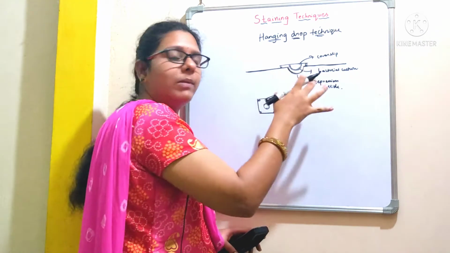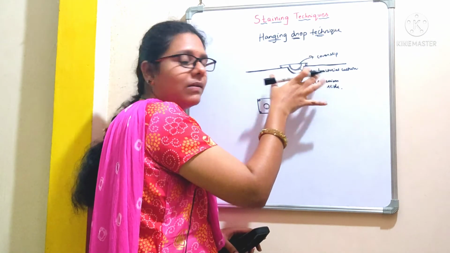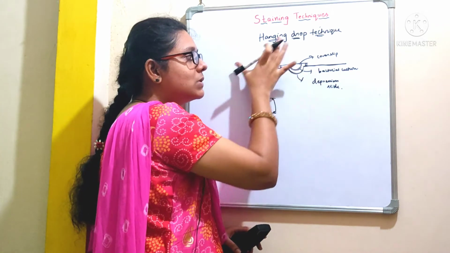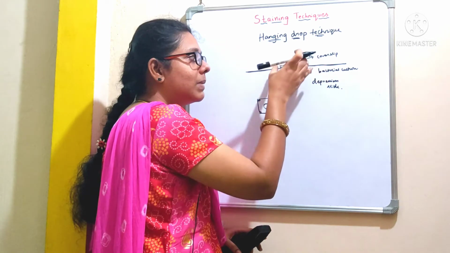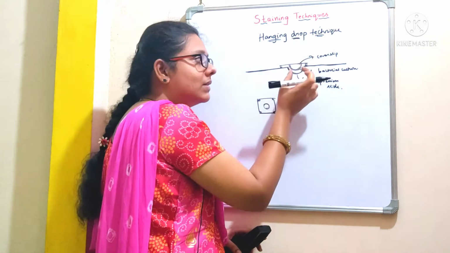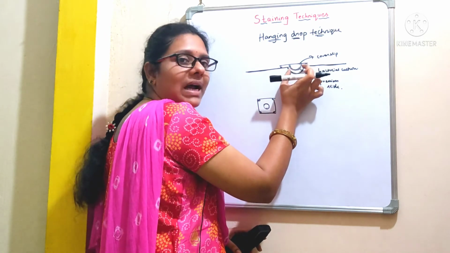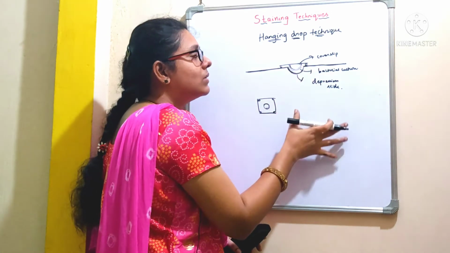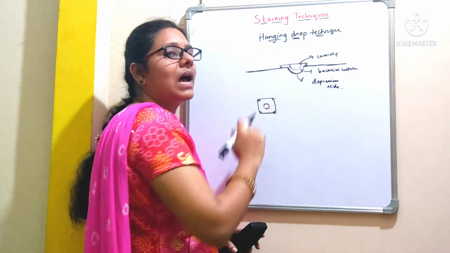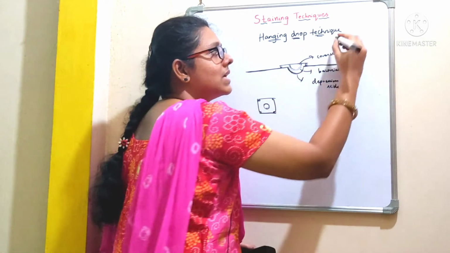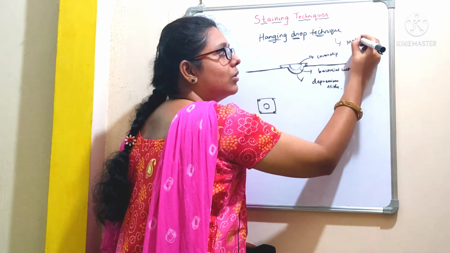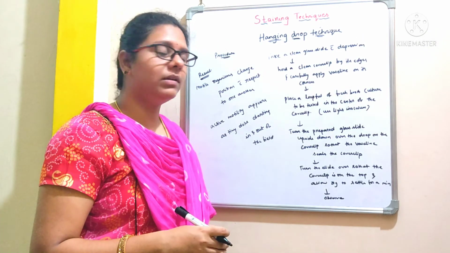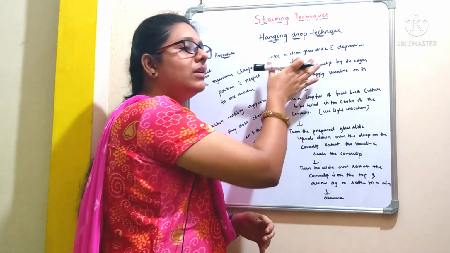Okay, I'll tell you how we place this cover slip onto the glass slide when we talk in detail about the procedure. But here, once we prepare slide in such a way by placing the cover slip on the top, that is holding a bacterial suspension, it resembles like a hanging drop, right? So that is the reason we call this technique as hanging drop technique, which is especially used to observe the motility of a bacteria.